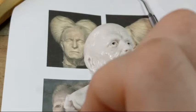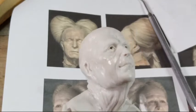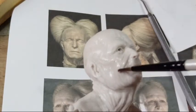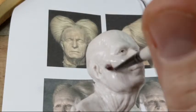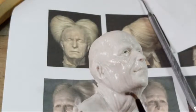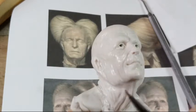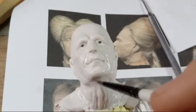And the alcohol is going to fade the shiny oil, and you're going to actually be able to see the clay better, because when you put oil it kind of camouflages under the shine. It's just like bodybuilders put oil on their skin, so it camouflages the skin problems and makes some things pop out. It's the same thing here. If you make it shiny, it kind of hides what's actually going on, and you're not sure. And then you bake it, and when you bake it, you lose the shine, and then you can see more stuff. So you want to do that before you bake, and the alcohol is amazing for